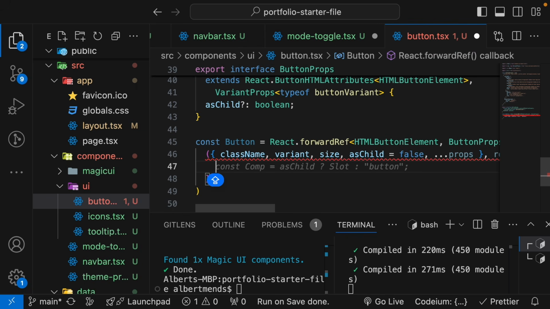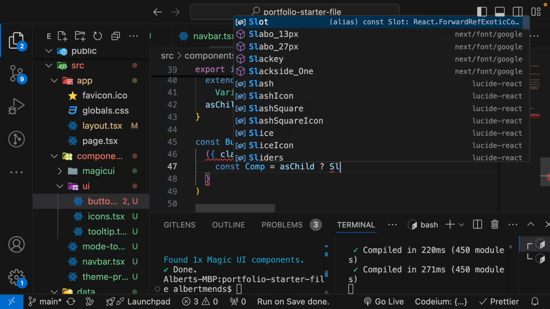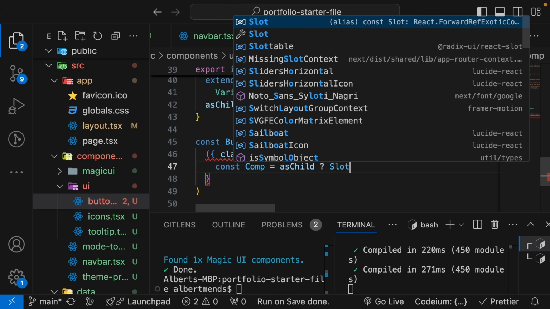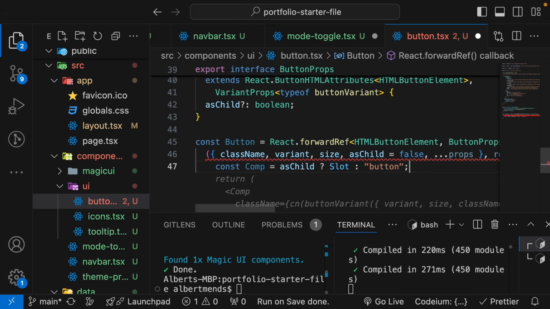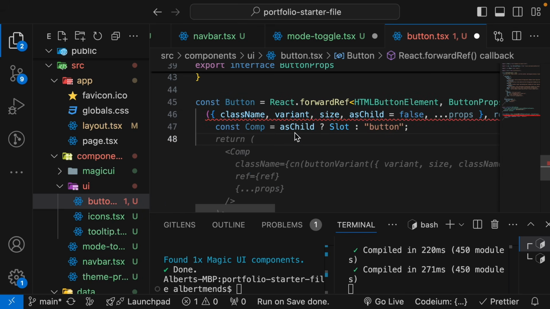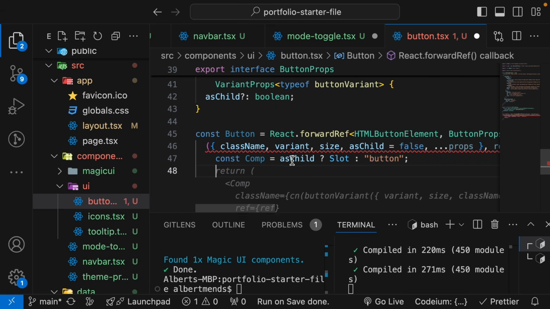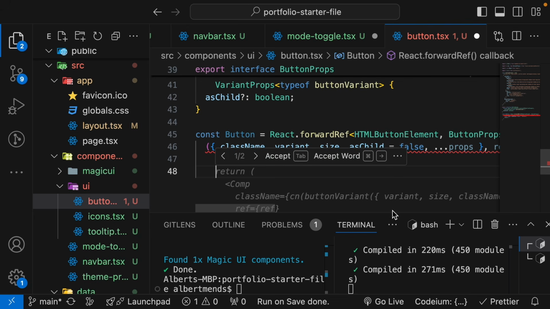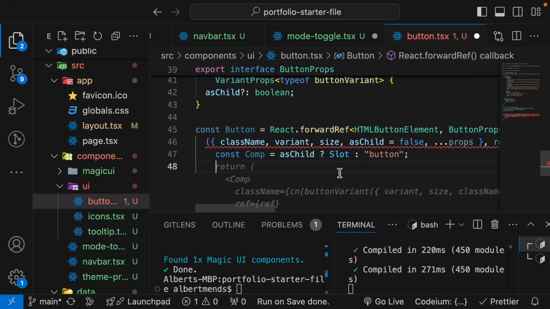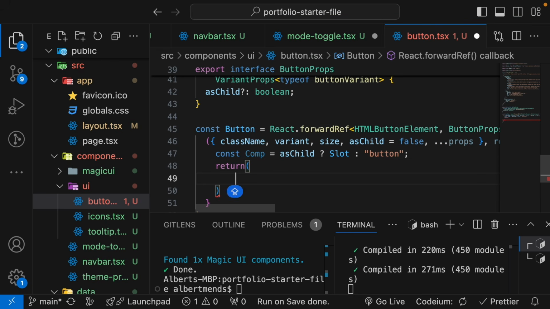So over here, we are going to create a constant called comp, which is going to have as child, it's going to be a condition. So what this variable is doing over here is to check if as child is true, then we use the slot component, otherwise we want to use the regular button element. Then we return the comp